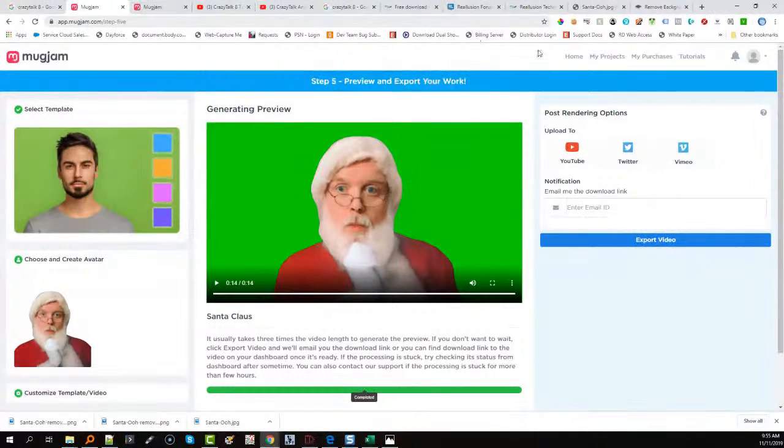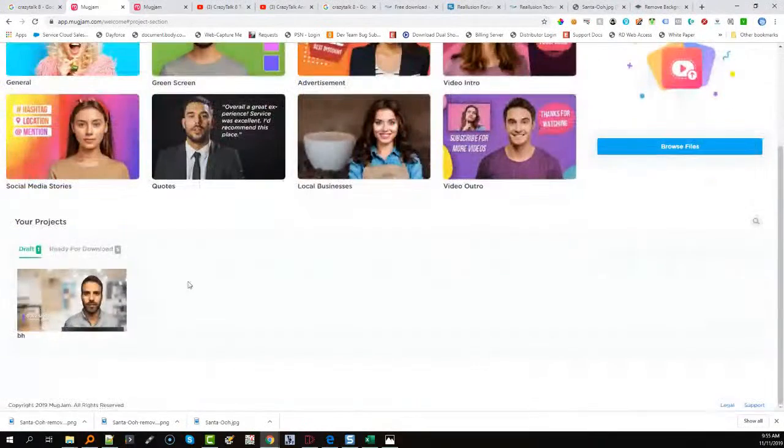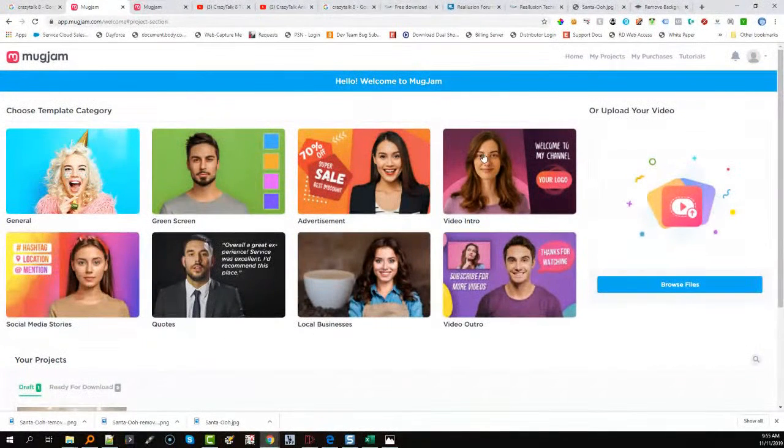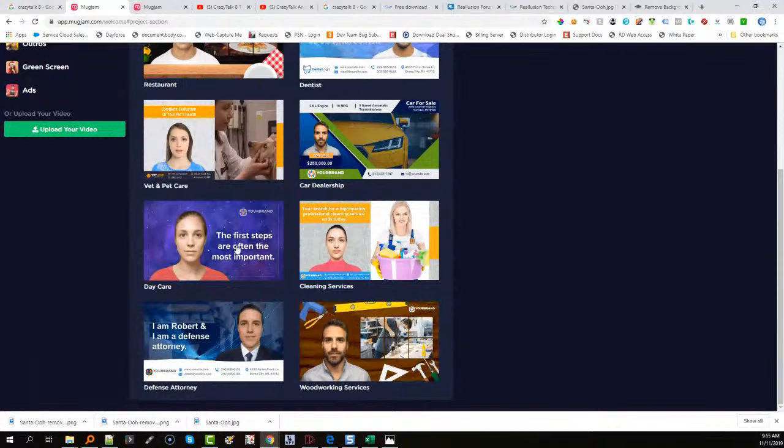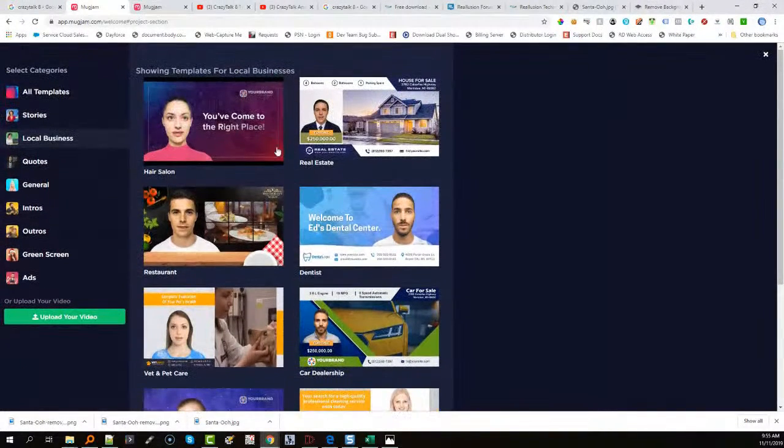Now, of course, Mugjam does have, since this is downloaded, I'm going to come over to my projects. Now, there's a lot of other projects and galleries and templates that you can use. Once again, this is also on different levels. You're probably not going to be getting them all. I'm not sure exactly which ones you get at the very beginning, but I know the green screen is not included with the front end. You do have to purchase the upgrade for that. But I really do like this because